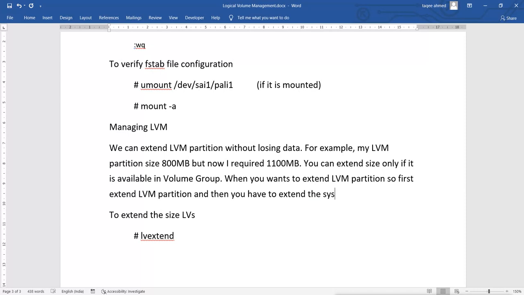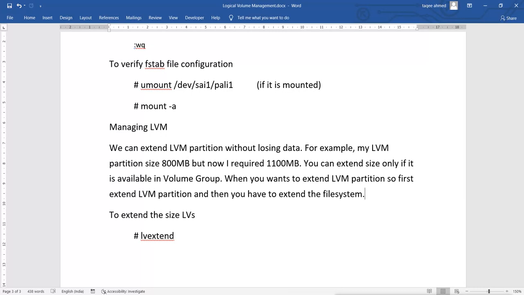Otherwise it will show the old size, and you will not be able to use the new size. So after extending the LVM partition, you have to extend the file system also. Otherwise it will still show the old size.